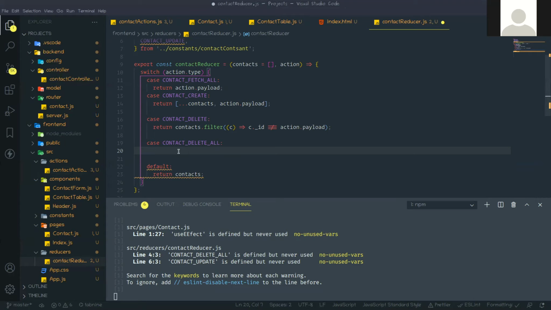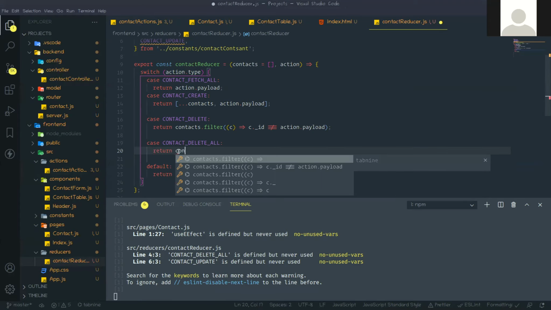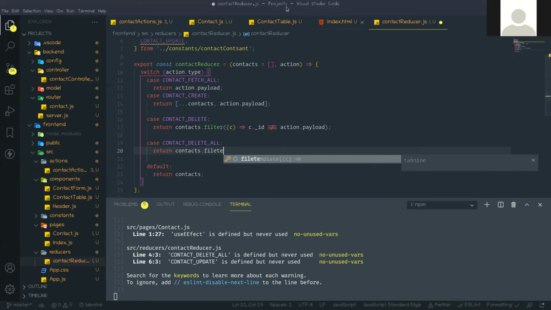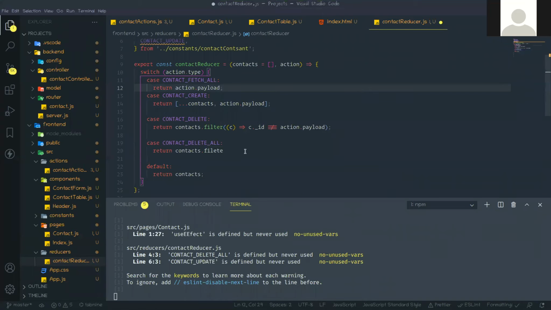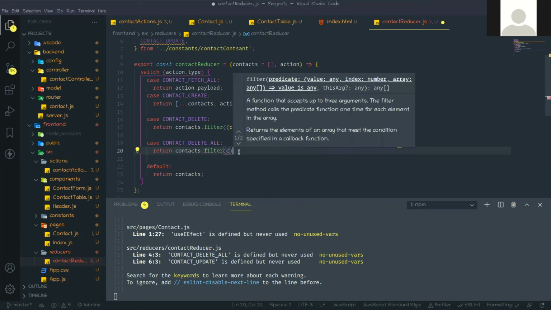So return contacts.filter, then c, that means an individual contact.